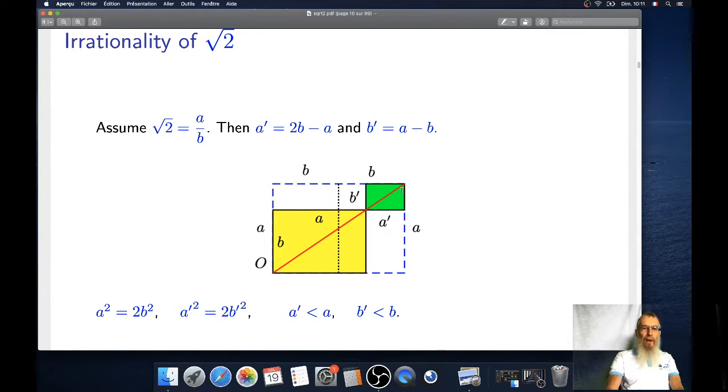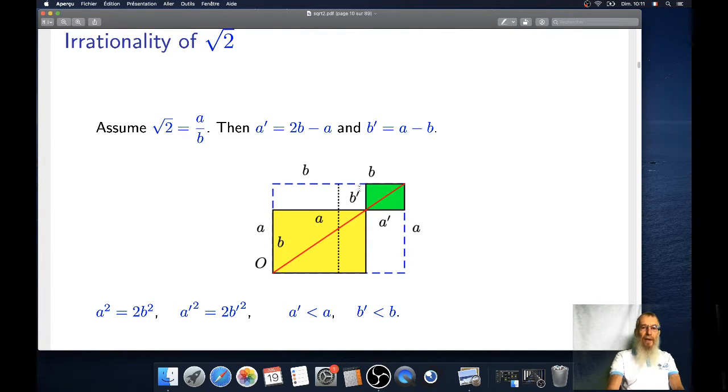You put two A4 papers together, so you have a rectangle where the sides are 2B for the large one and A for the small one. So here, the yellow one is the A4 paper, and if you look at the green one, you check that it is again a rectangle with a proportion square root of 2. You just compute A prime equal to B minus A, and B prime is A minus B, but this comes from the fact that the 2 points here are on a straight line.